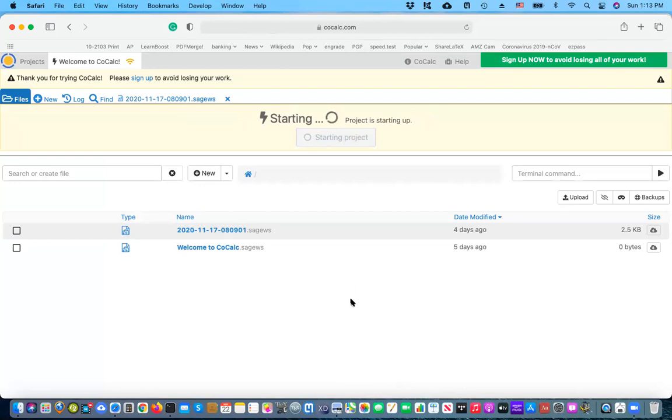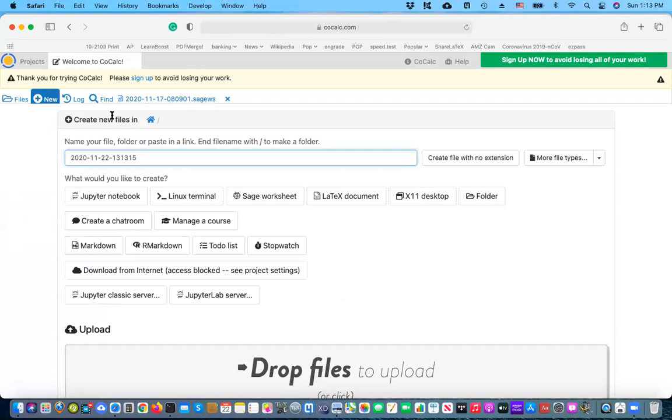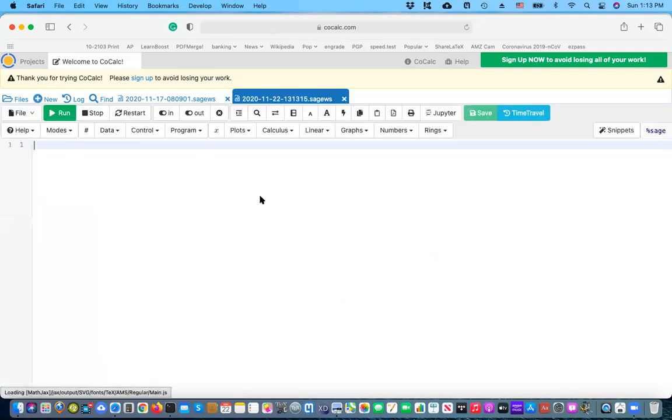I got some files over here, but if you wanted to, you could start a new one. Let me just click that for you. Now, what I want to do is I want to create a Sage worksheet. And I'll do that. And a lot of people get this. I don't know what I get to do with this, but you can type in something really easy like 1